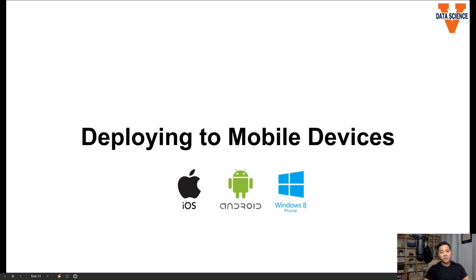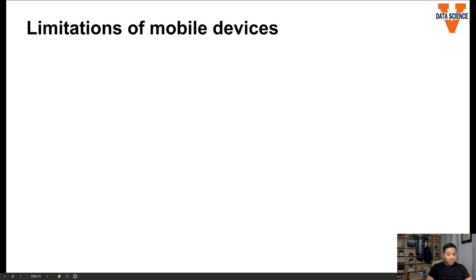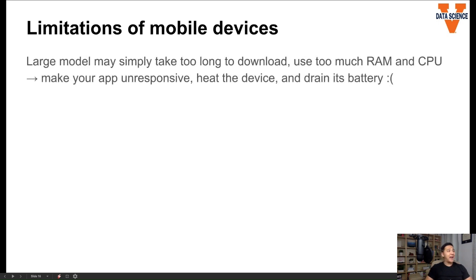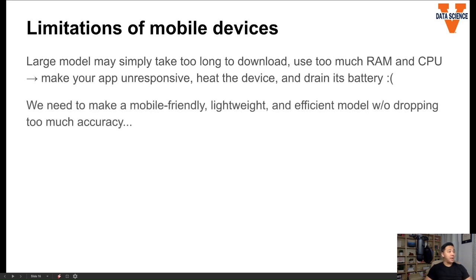So running on the server is one thing, but running it in an app on your mobile device requires a slightly different setup. Mobile devices have some limitations in the sense that a large model might take simply too much to load, and use too much RAM and CPU. So maybe your machine learning app is very unresponsive. It might heat up your device, and it also drains the battery. So what do you do, right? You can make it more mobile friendly, more lightweight, and efficient without dropping too much of the accuracy, right? So it seems pretty daunting, but in fact,